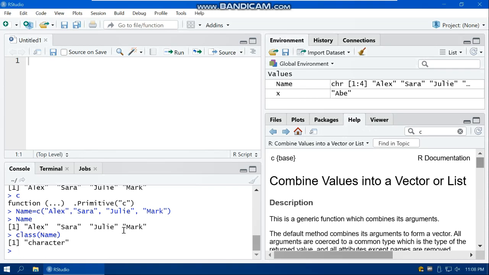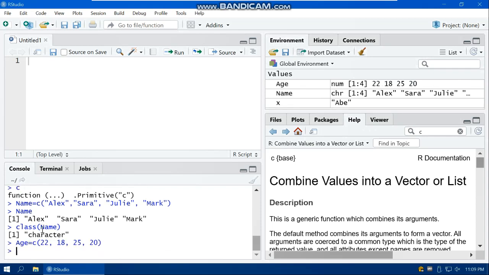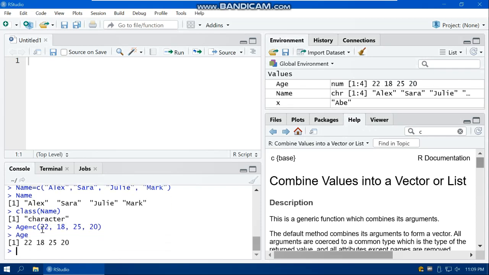data type. So now let's say I want to save their age, the age of Alex, Sarah, Julie, and Mark, and then save it in an object with the name of age. For the age the values are just numbers, so we don't need to use quotation. So again, for Alex, for example, the age is 22, for Sarah 18, for Julie 25, and for Mark 20. And then I want to save this in an object with the name of age. And if I look at age, and also at the class of age,